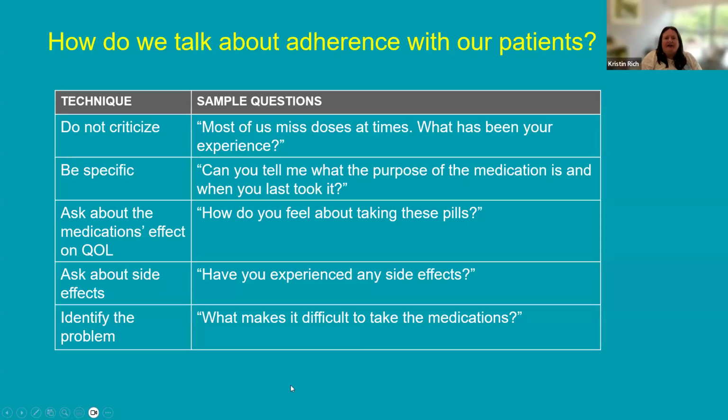We also want to have an engaged conversation around side effects. So asking them very specifically, have you experienced any side effects? What side effects have you experienced? To help them engage in a communication like this, they may feel like they just have to deal with it or suffer through it, but there may be things that you can do to change that experience and then reduce a barrier for them. And then also just directly helping to identify the problem. This question can be, what makes it difficult? If they're not able to say, you can also provide a list or start asking them about some of the barriers that you know of to see if any of those resonate.